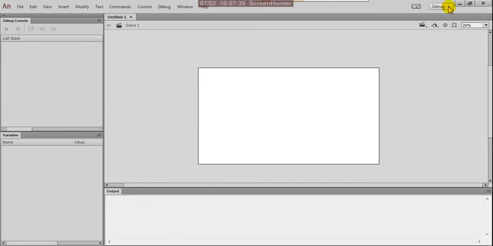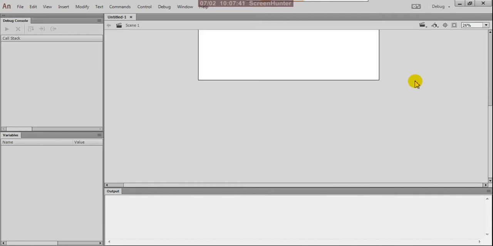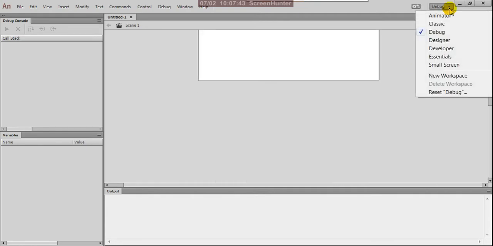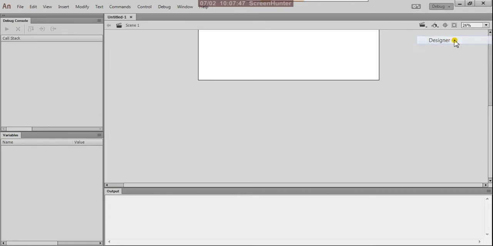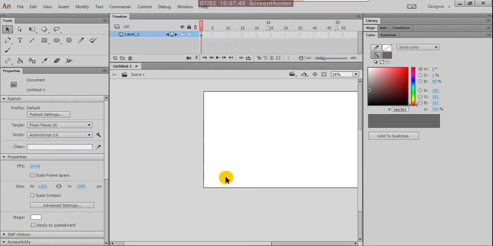Suppose the same way here we have different workspaces. Suppose a designer, you can click on the designer. The web designers use this workspace. Mostly they work with ActionScripting, coding, so the area is suited to their usage.